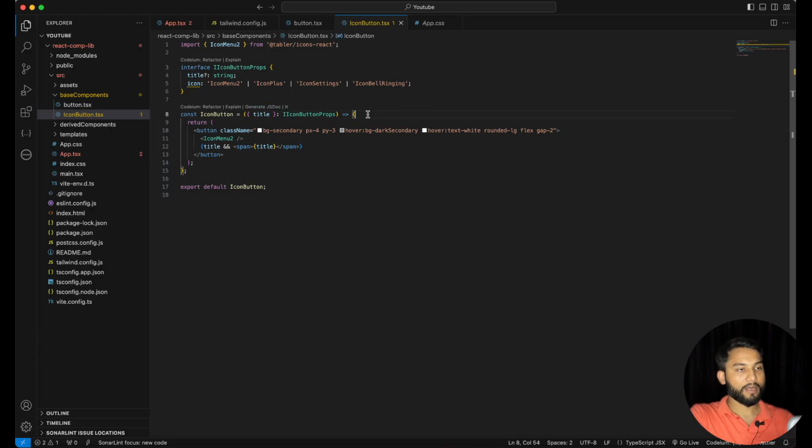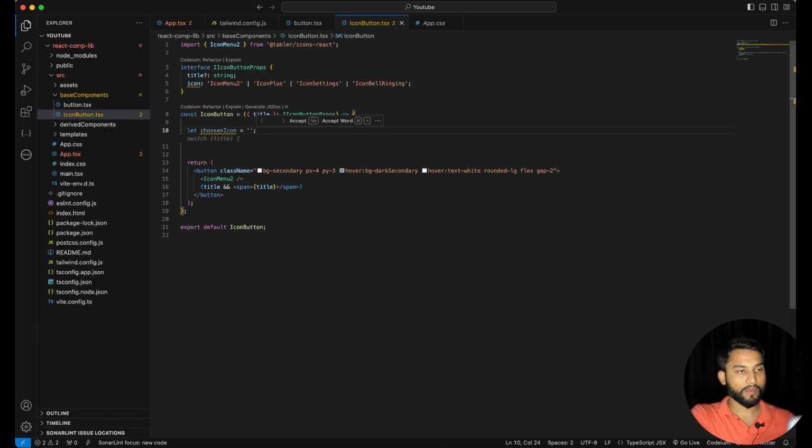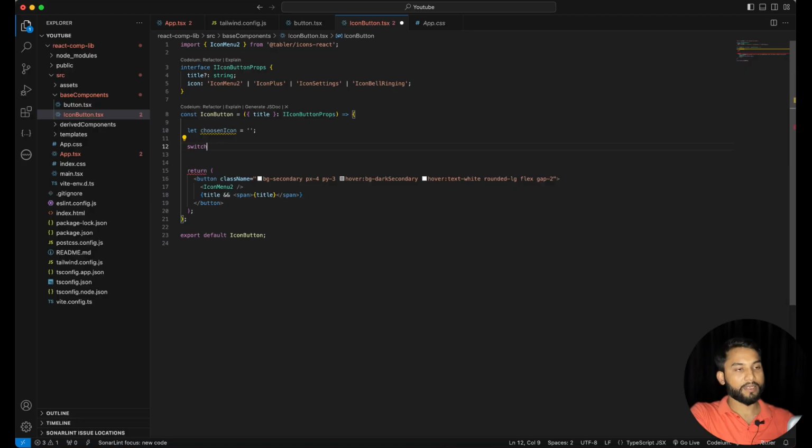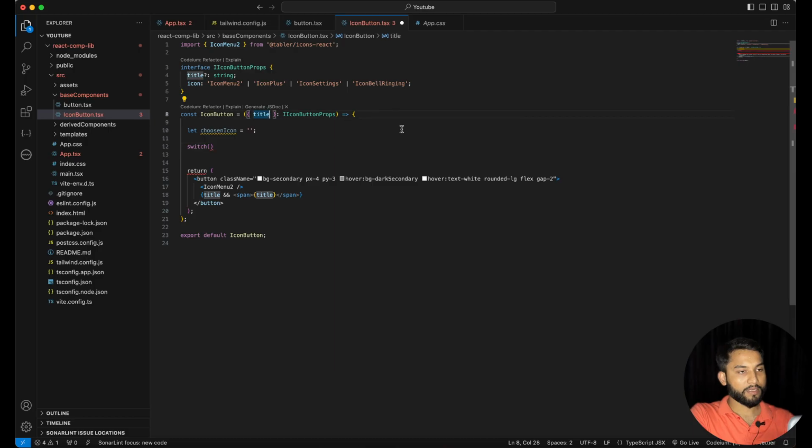Let's add again, add a button, like let icon, choose an icon, maybe equals to icon menu 2 or icon plus. I can say icon plus. This should be the, oh, we need to make it blank initially. So as we did last time, we're gonna do the same, and let's add here icon. So whatever icon there would be,